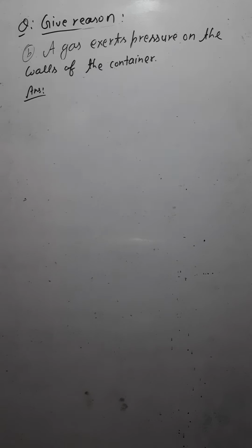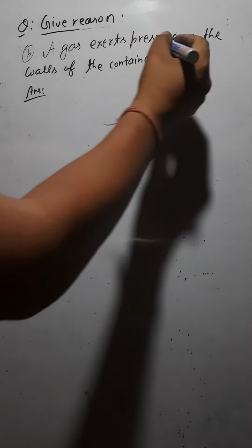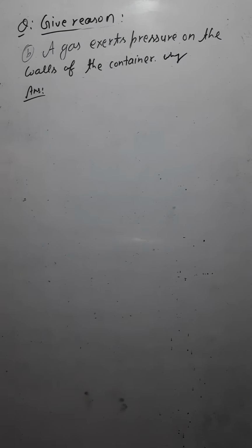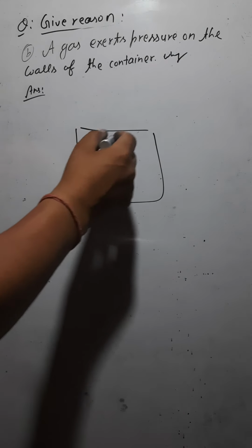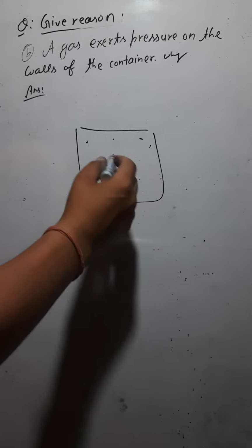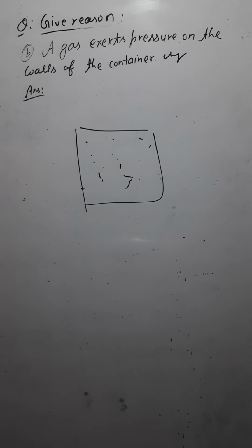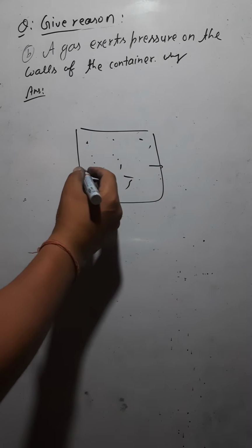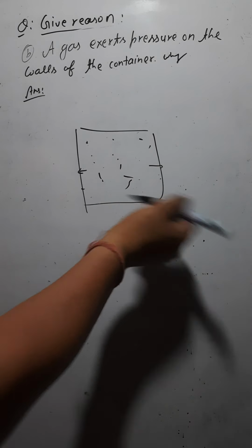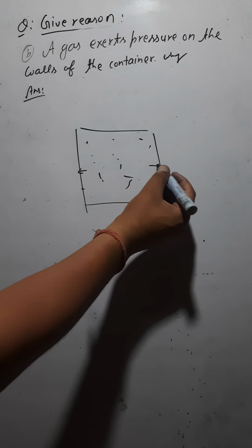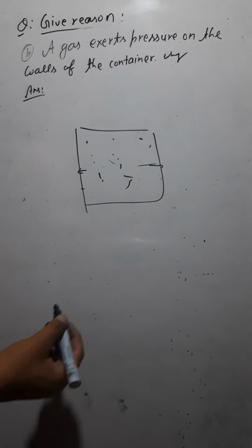Now the second question is, a gas exerts pressure on the walls of the container. Why? Again, the next question. You have a container, or let's say it's a cylinder, so it contains some amount of the gas. So the gas is going to exert the pressure on the walls. Because as soon as you make a hole there with a pin, the complete gas would be coming out from here, isn't it?